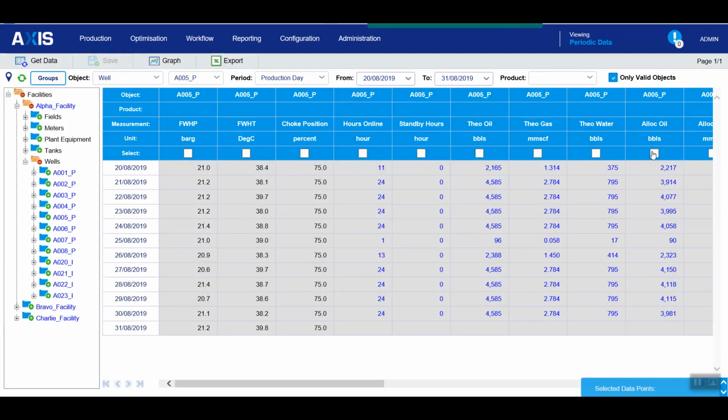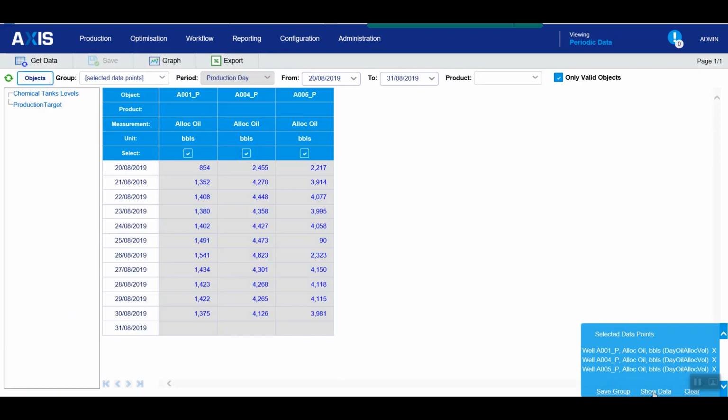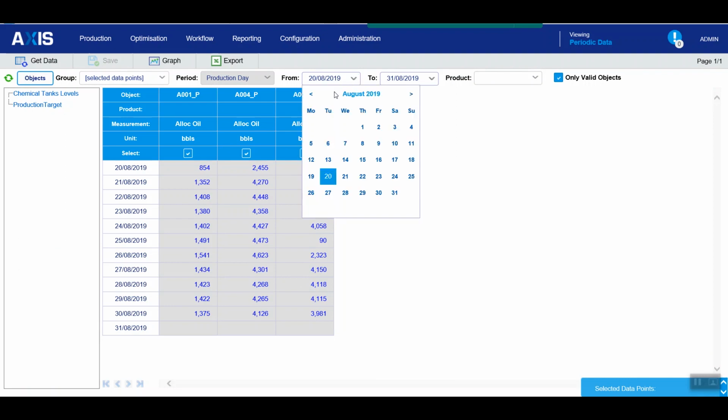I'll do the same with a third well. So now I've created a little group of data from 3 different objects, and I can save that group if I want to refer to it again, or I can click show data and this takes me to a screen which is just showing the selected data,